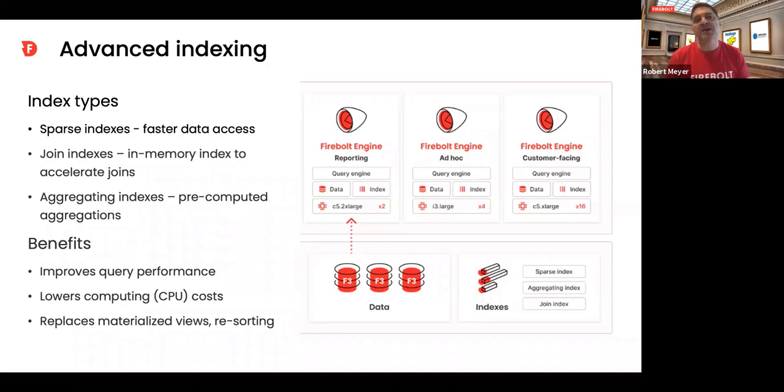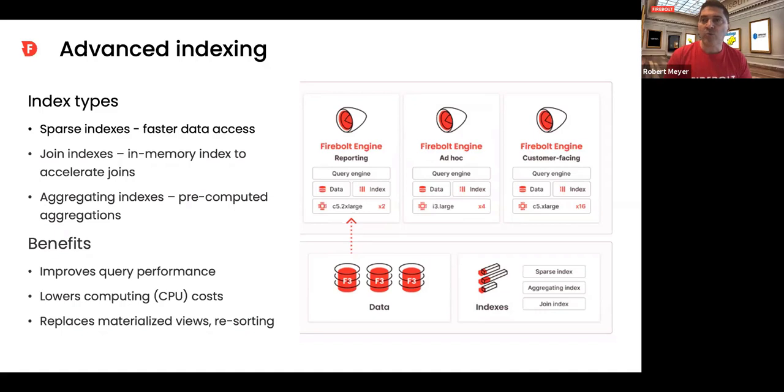Join indexes operate as basically a RAM hash table based first half of the query. It allows you to quickly, from one side of the join, match data so that you can just end up doing a bunch of lookups into the second table, which could be a fact table, to do a full join. Very fast, because it's a small index in RAM that's constantly being used for those lookups.